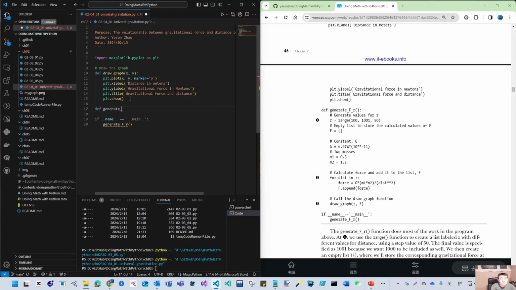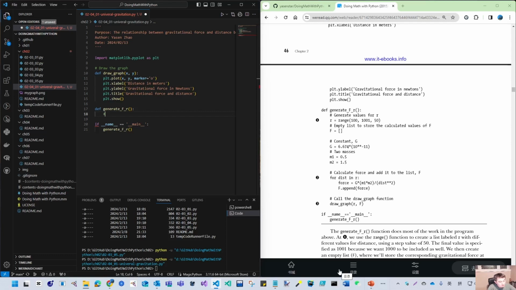Generate FR. So it also takes no inputs. So if it is that, then we have generate FR. Let's see why... yeah, because we have nothing put inside. So then we have something. Let's see. First is to generate a value for R. Second is to generate, give the constant. So, to my hope,